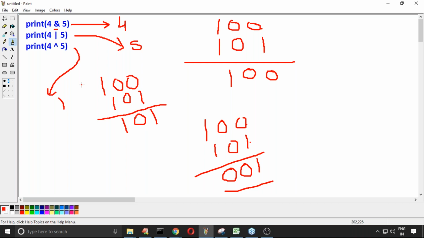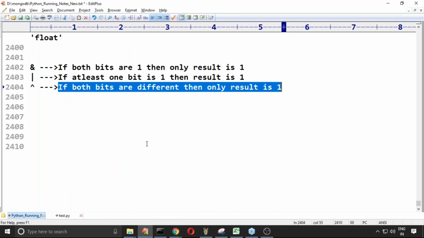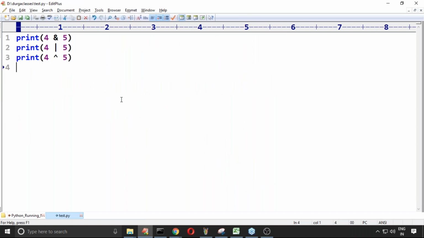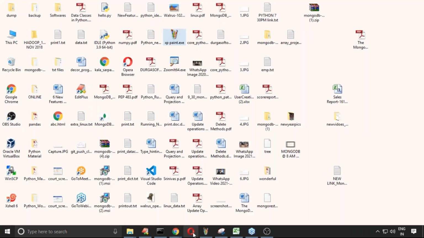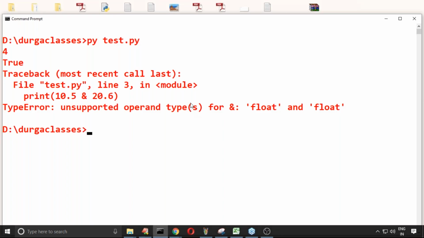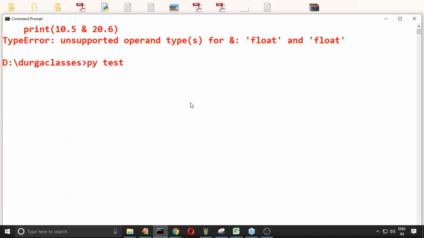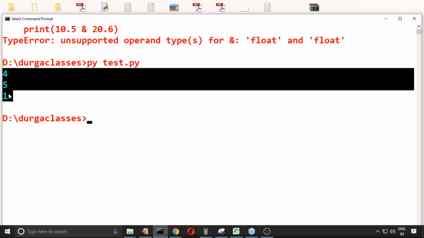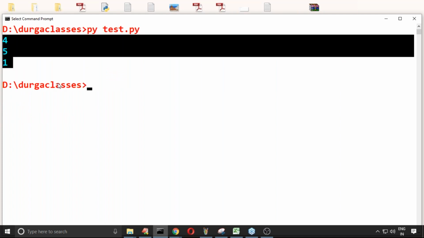Any doubt about this one? Okay, let me execute this. Am I going to get 4, 5, 1 or not? Let me execute it. What is the output by default you are going to get here? Yes, observe that. Observe py tester.py. What output are we getting? 4, 5, 1 itself is the answer we are going to get. Clear, right? Is everyone in a position to understand?